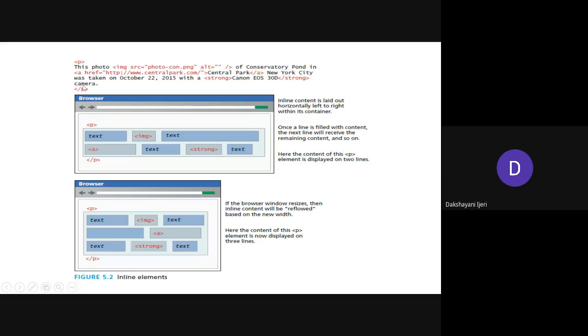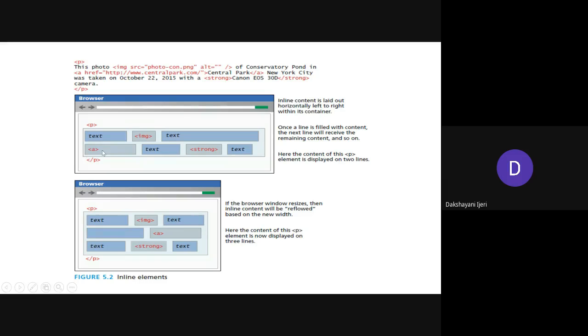Though the P is a block level element, the other elements that you have included within P are going to appear one after the other. For example, this is the text that is going to be put here. Suppose this image fits within this size, it is going to be put after this text horizontally, followed by the next text.